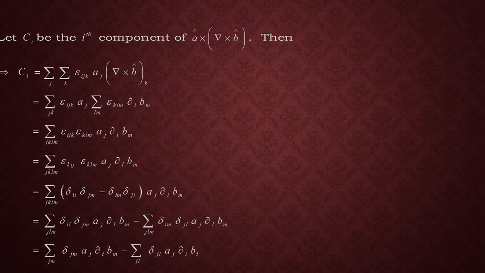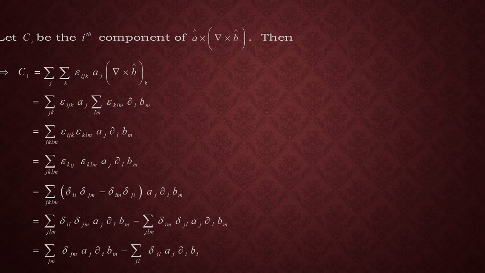In the first summation, we have to expand summation over j and summation over m. In the second summation, we have to expand the summation for j and l. So we obtain C_i equals